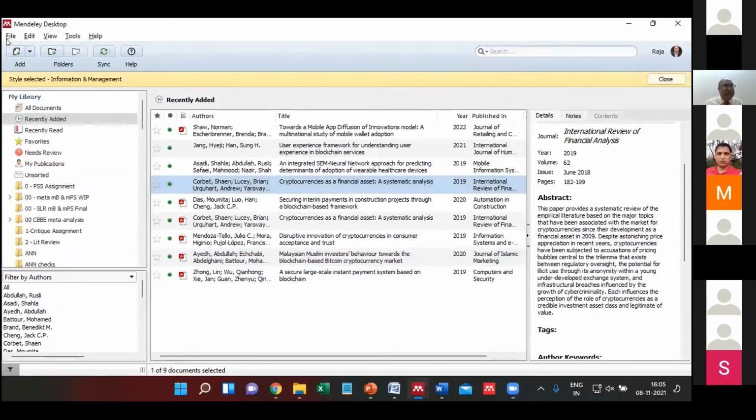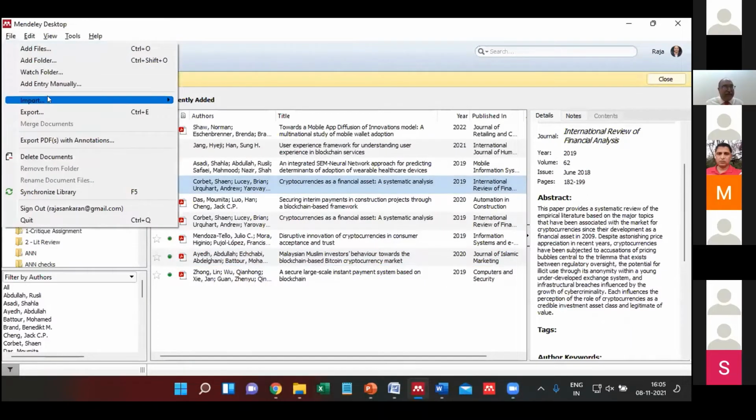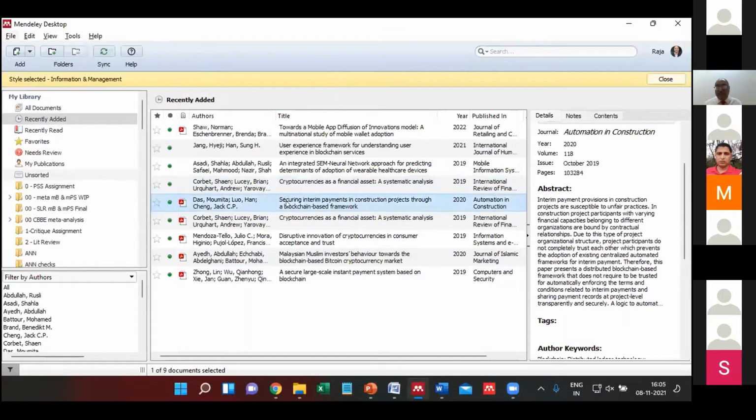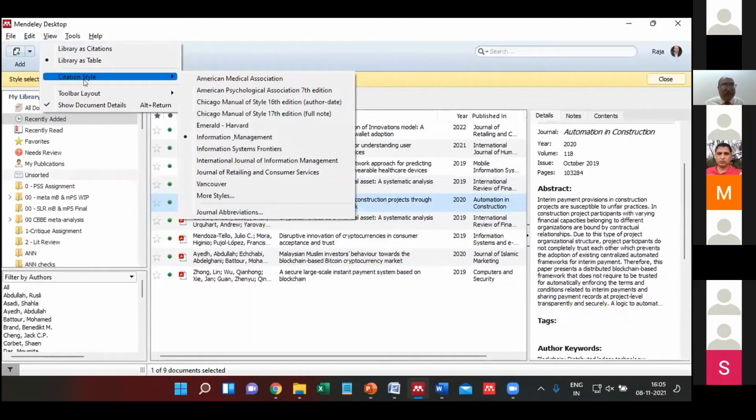For example, you have file, you can do some sort of import export. Import is a BibTeX, EndNote, or an RIS form. But having said that, there are other options that you could explore. Good that you asked me. I do use this kind of feature as well. I will give a quick demonstration on how it could be used.